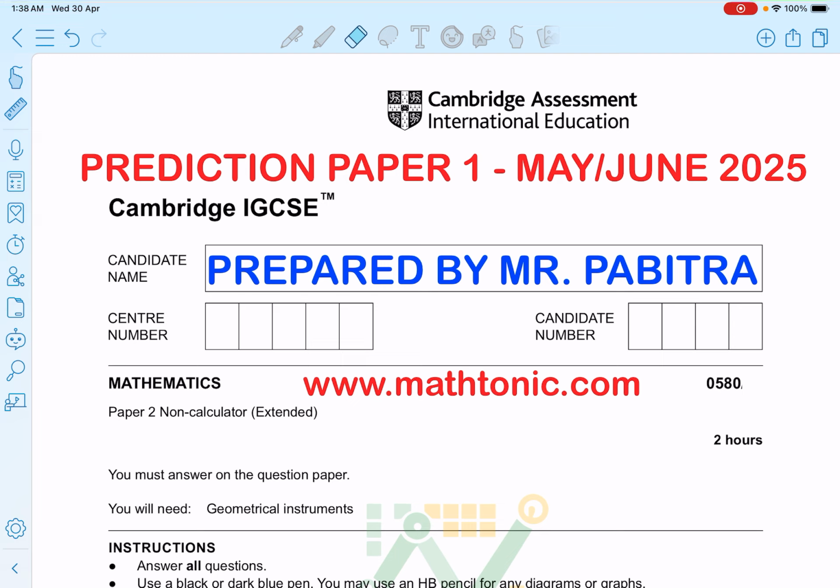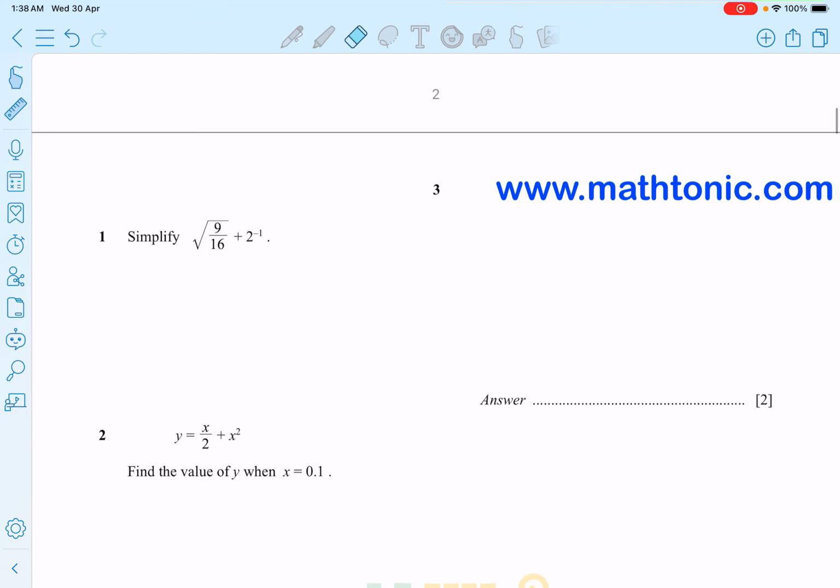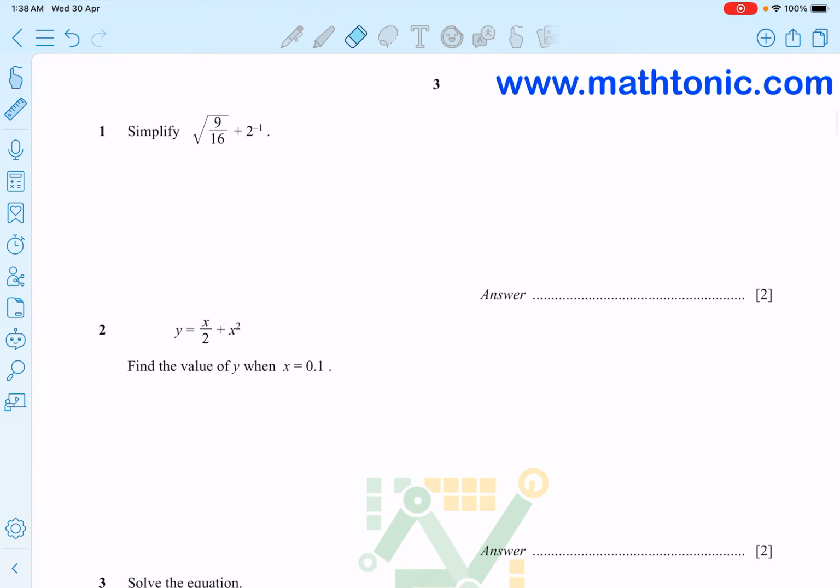Today I'm going to discuss one paper, the IGCSE Maths for Cambridge prediction paper that I have prepared. And yes, this is Paper 2, the non-calculator test. Okay, so let's start. So the first question that we have right now, before doing this question, I think